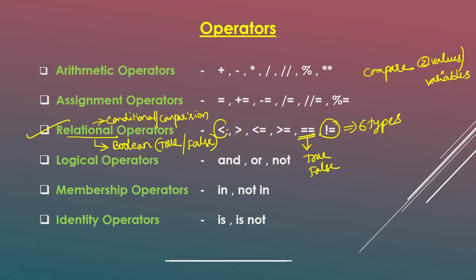And the less than symbol. If the left side value is smaller compared to the right side value, then you make use of the less than symbol, and the output will return true. If you use it this way and the left side value is not smaller compared to the right side value, then it will return the output as false.